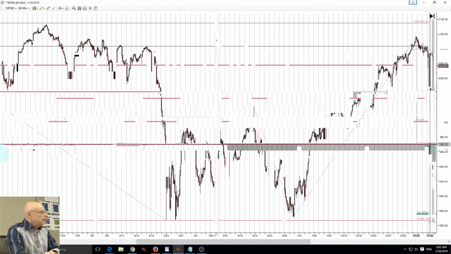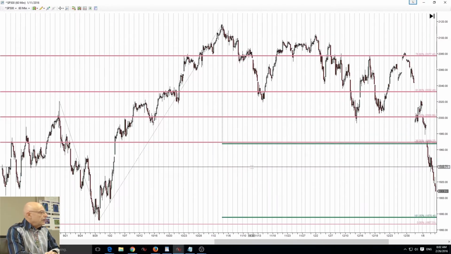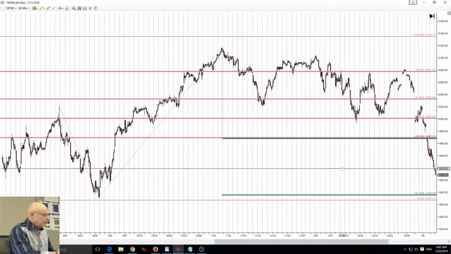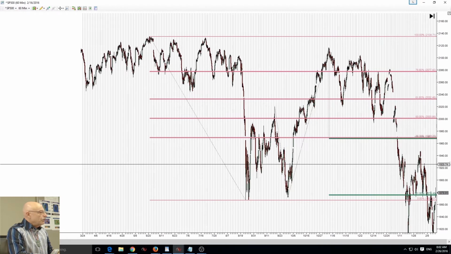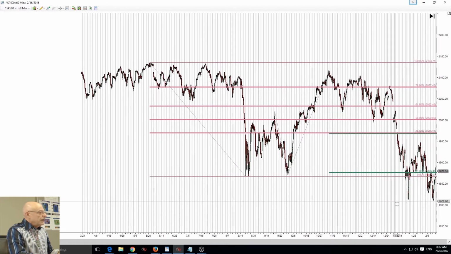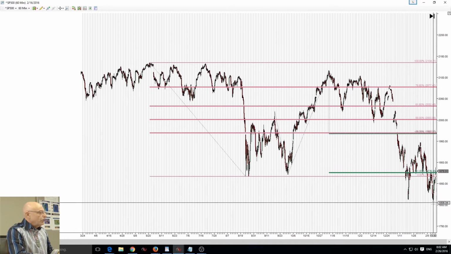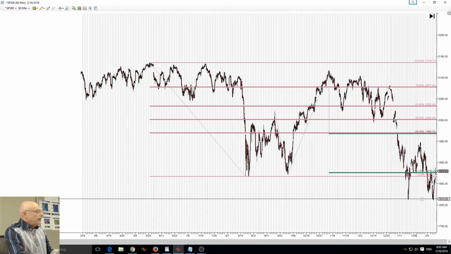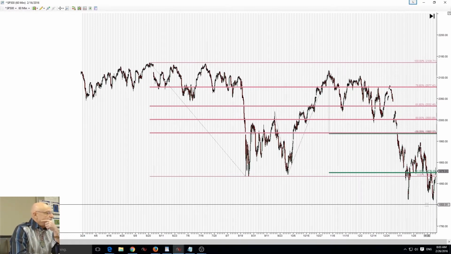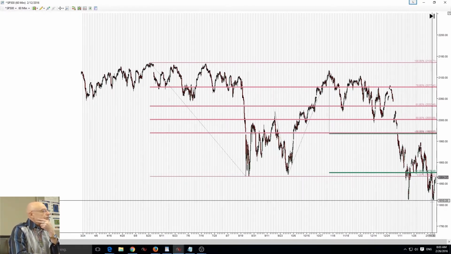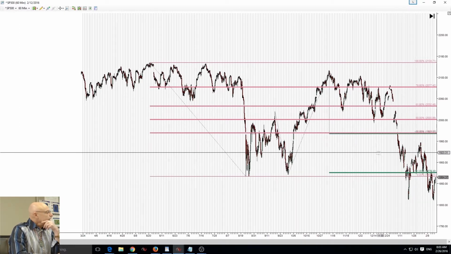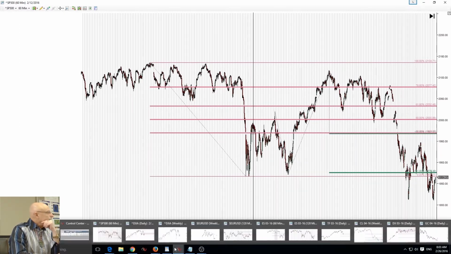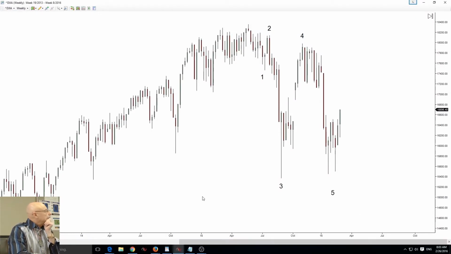Okay, that support has broken. Now we're going lower, and what we've done, like make it narrow. Okay, we broke it lower and made another slight low, so it's a double bottom here, and that's where we are. And then from that level we started to advance up. So let's take a look on here.